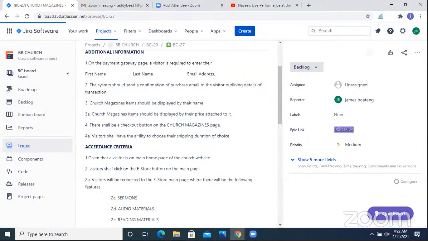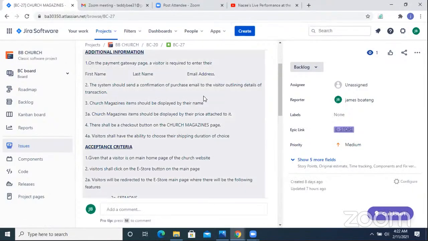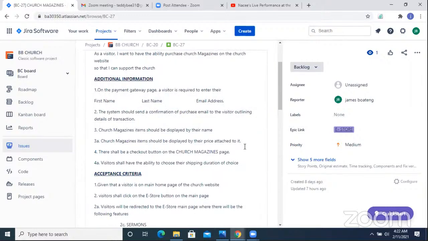Church magazines. Additional information on church magazine. I think I did a little bit something here. Church magazine items should be displayed by their name. Items should be displayed with their price attached to it. There should be a checkout button on the church magazine page, and visitors shall have the ability to choose the